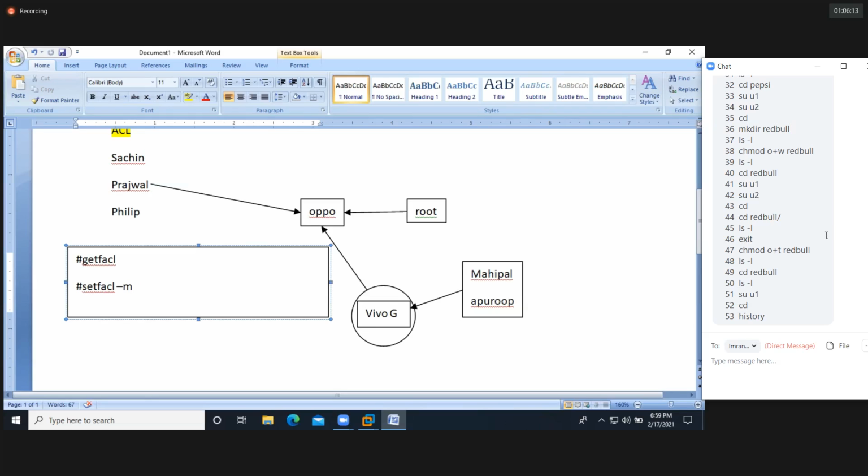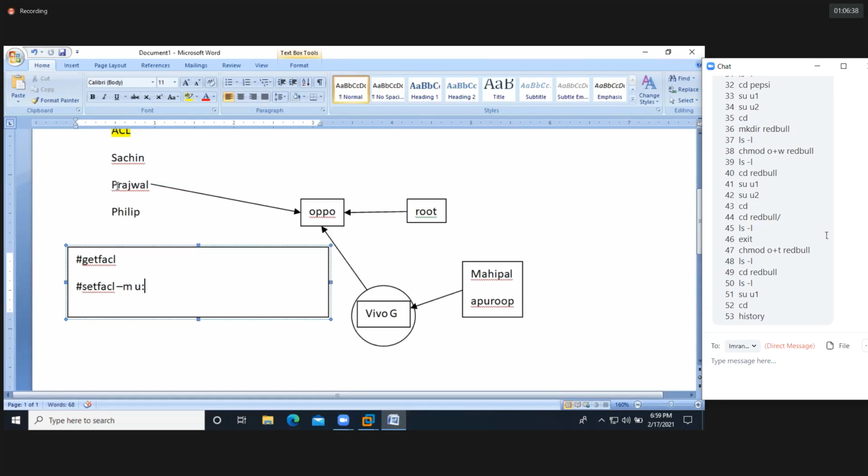Okay. So how to set the ACLs? setfacl -m. M means modification. So now I'm providing the ACL permission for the Prajwal user account. Prajwal is one user. So if you want, you can write user, or otherwise you can use u. That's enough. Colon.